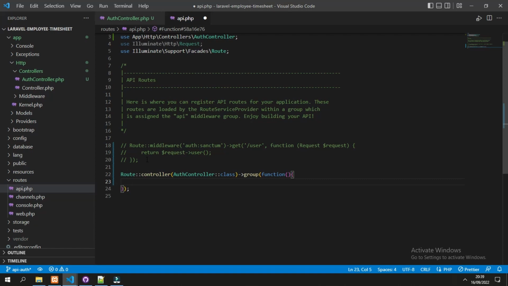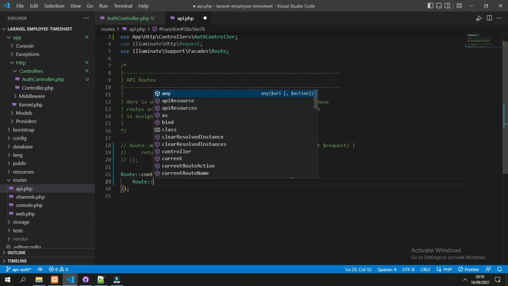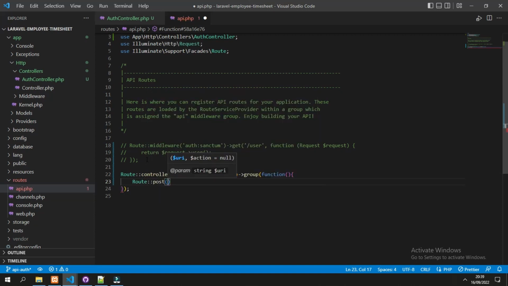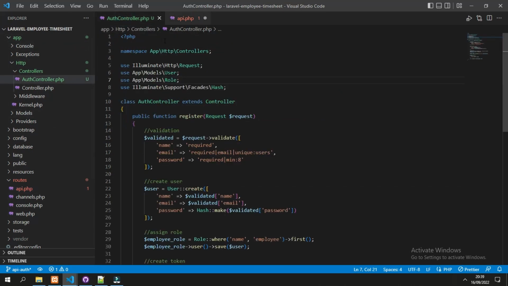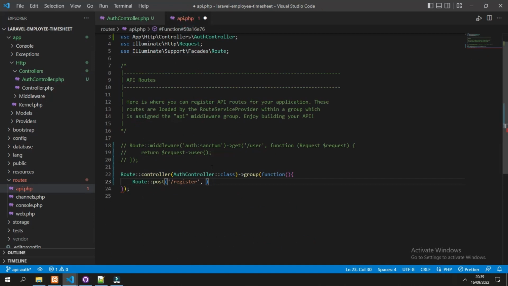The first API is the register, and we have register here as the URI, and the action, which is the method in here, also register.